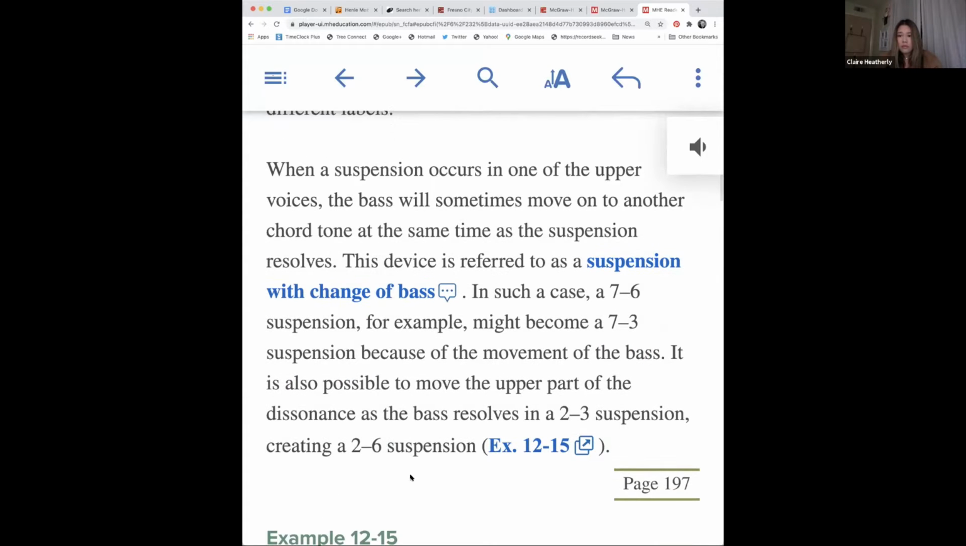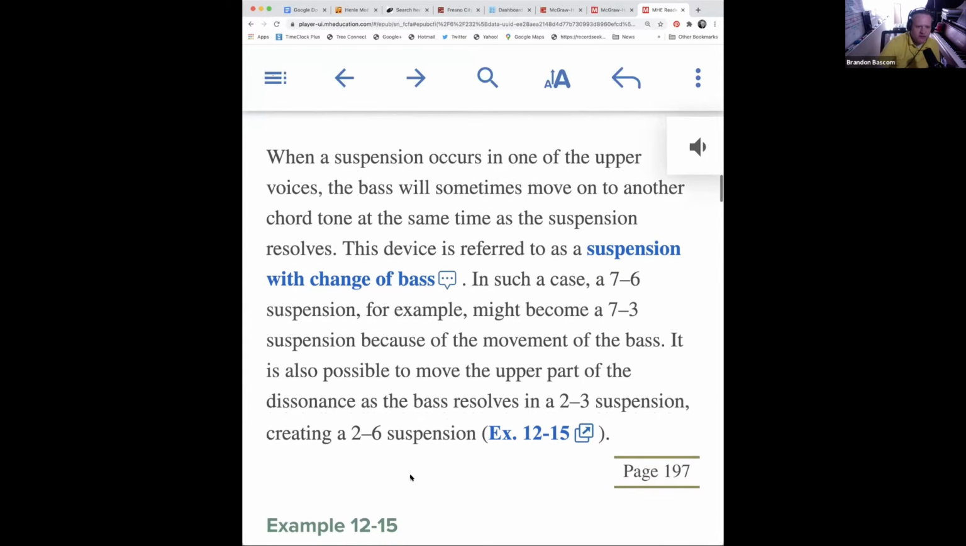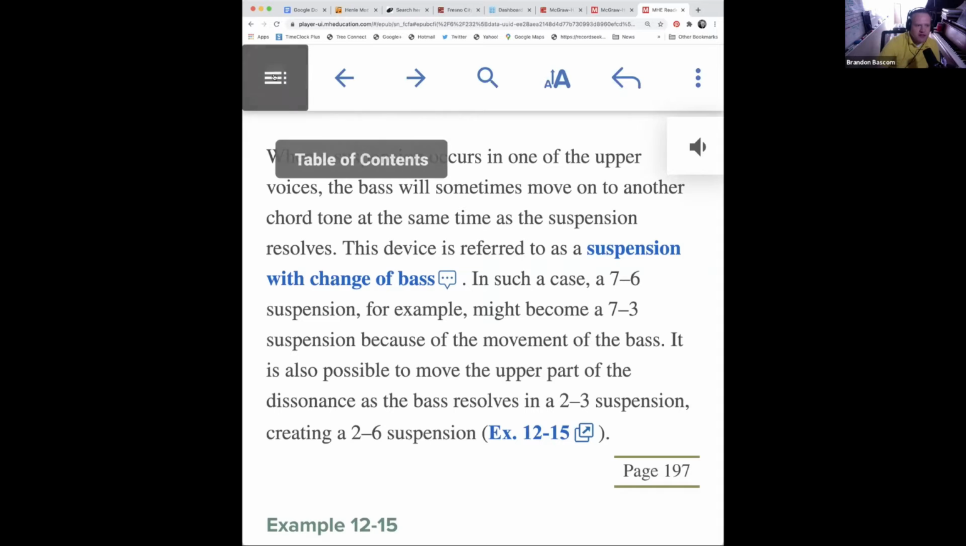When a suspension occurs in one of the upper voices, the bass will sometimes move on to another chord tone at the same time as the suspension resolves. This device is referred to as a suspension with a change of bass. In such cases, a 7/6 suspension, for example, might become a 7/3 suspension because of the movement of the bass. It is also possible to move the upper part of the dissonance as the bass resolves in a 2/3 suspension, creating a 2/6 suspension. So that's exactly what happened